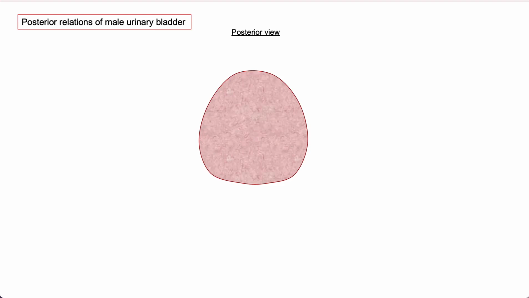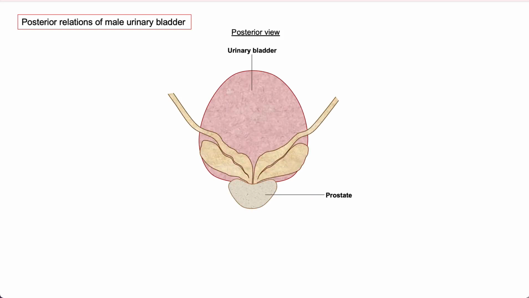the posterior surface, guys, this is a very important slide. We always ask this concept. What are the structures related to the posterior surface or posteriorly to the base of the urinary bladder in males? So, you can see the prostate, it's below, but to the posterior surface, the posteriorly related structures are these two